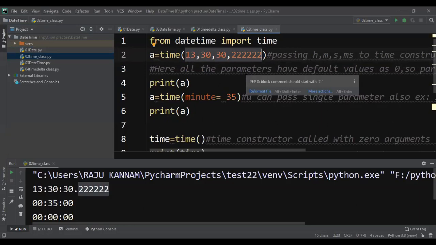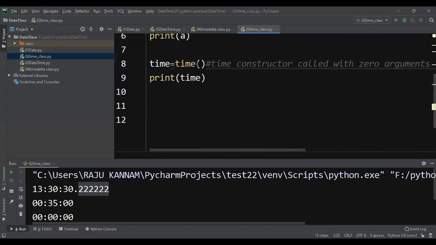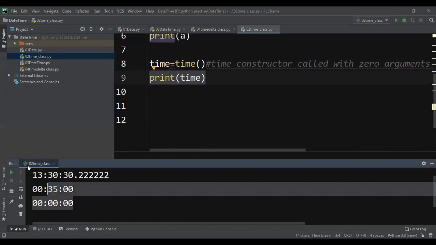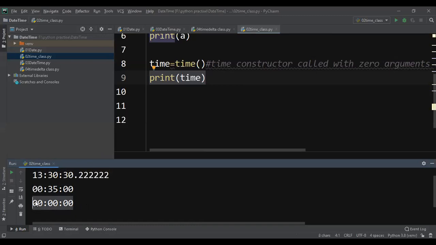Default values means if you don't give any value, the default is assumed. Here I'm not giving any parameter to the time constructor, then I'm printing the time. It will print all zeros, because the default value of hour is 0, minute is 0, second is 0, and microsecond is 0.